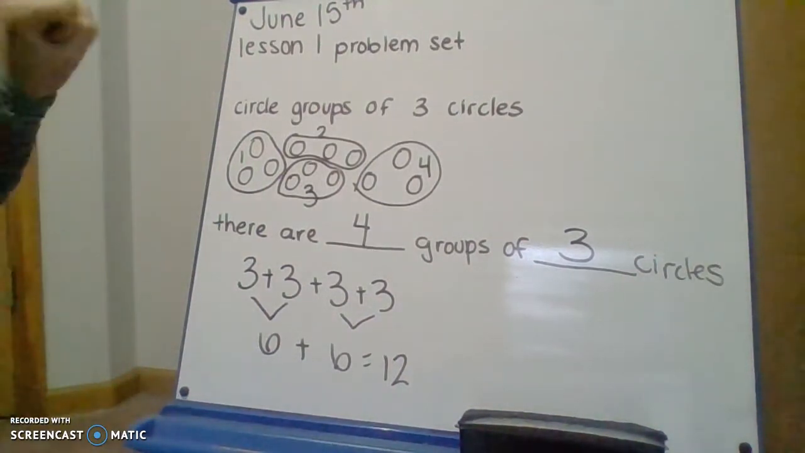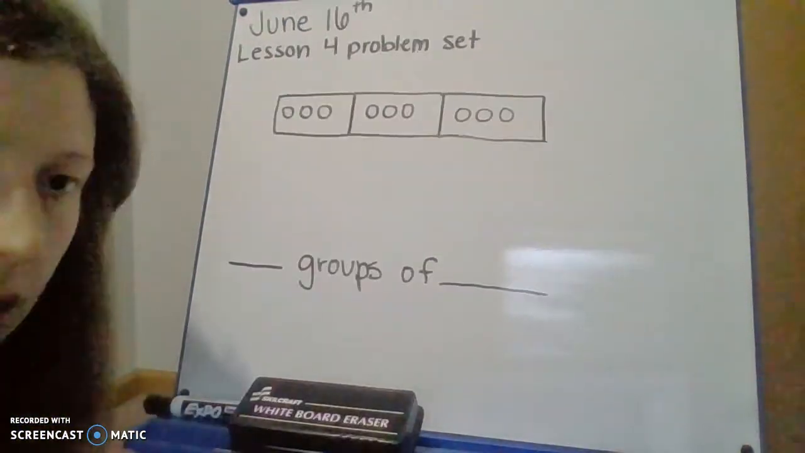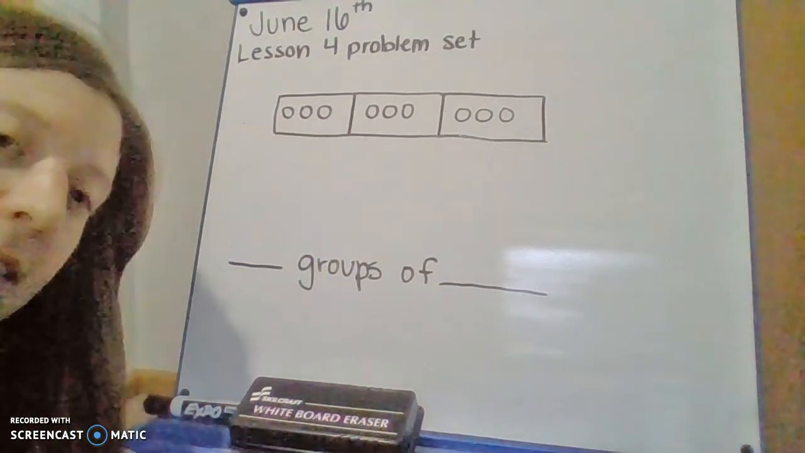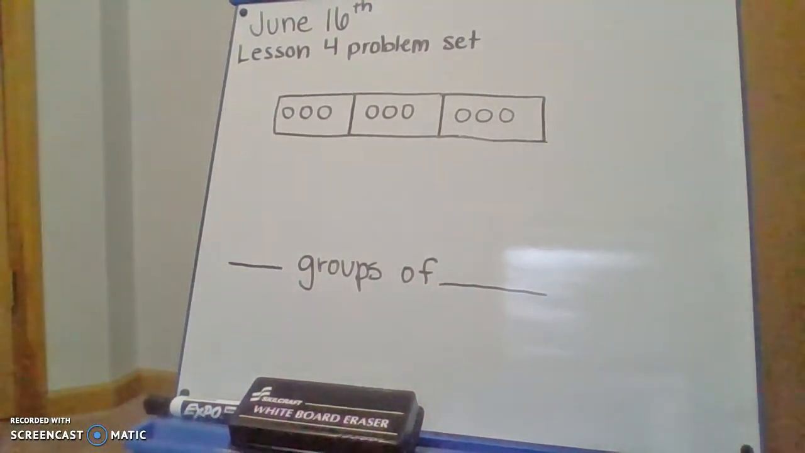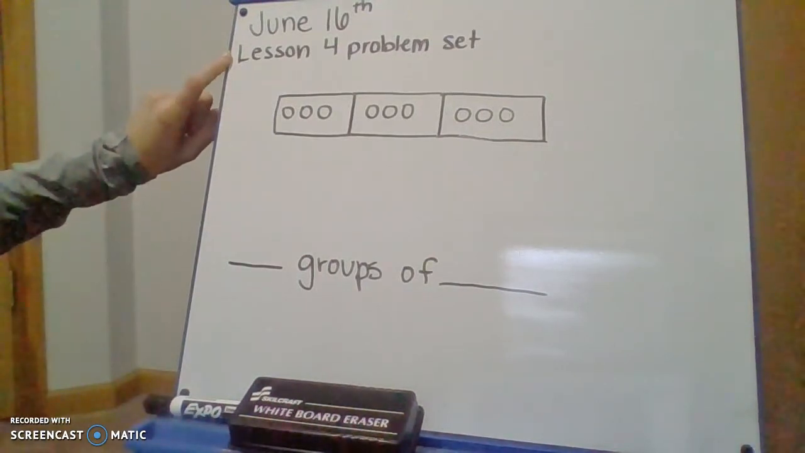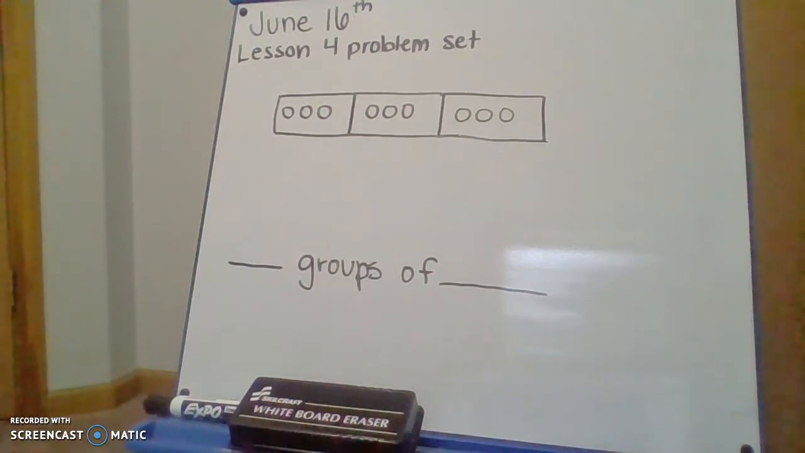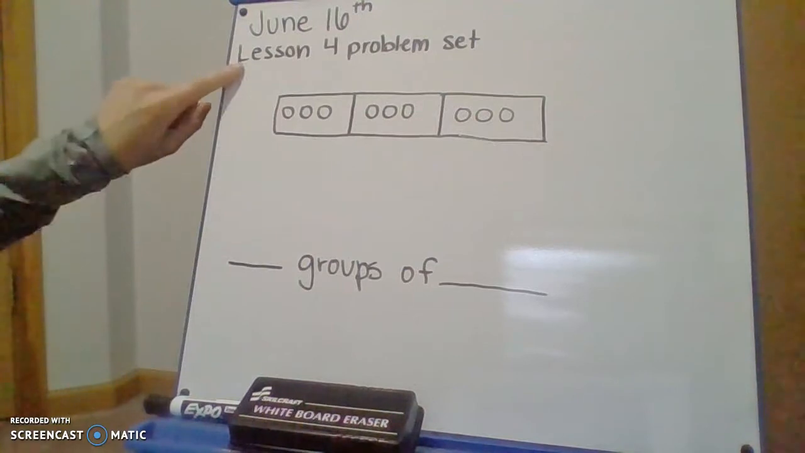Next, we're going to go into Tuesday. So here we go. All right, ladies, so it's June 16th. It's Tuesday. Your problem you'll be doing in your packet today is labeled in the top right-hand corner, lesson 4, problem set. So today we're focusing on repeated addition, and it's going to show you in these problems, we're going